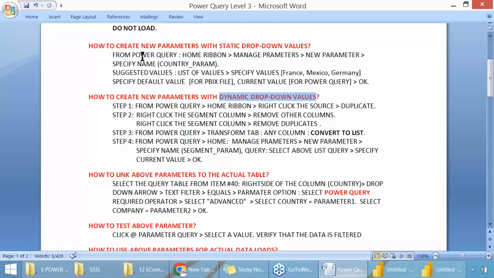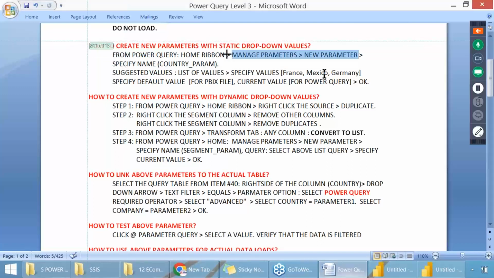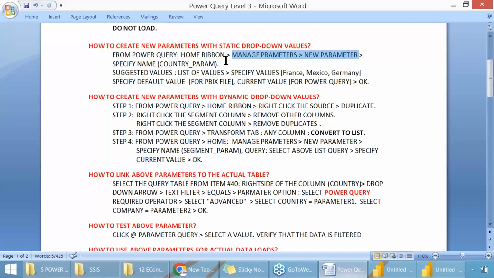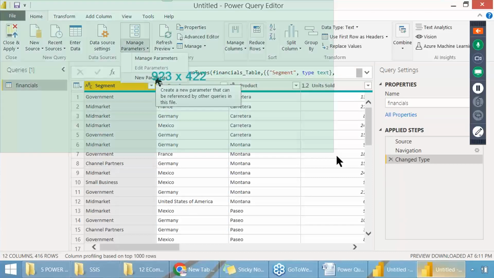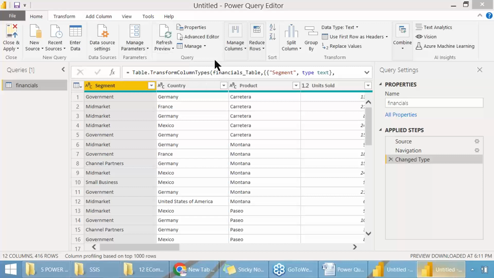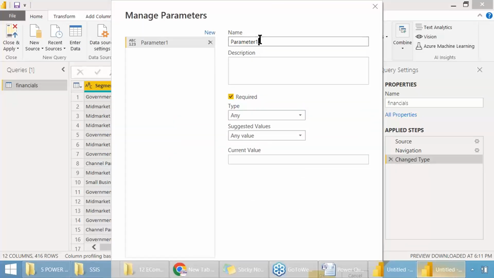Static drop-down. From Power Query, say home ribbon, manage parameters, new parameter. Okay, here we go. Power Query home ribbon, manage parameters, new parameter. Once you click on new parameter,